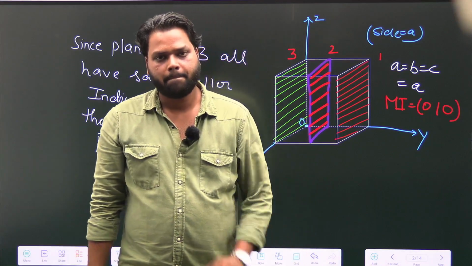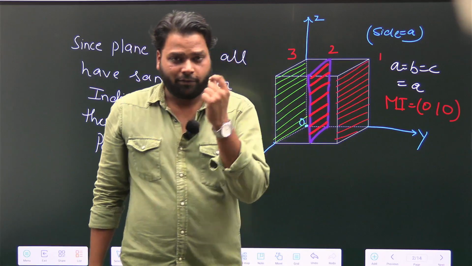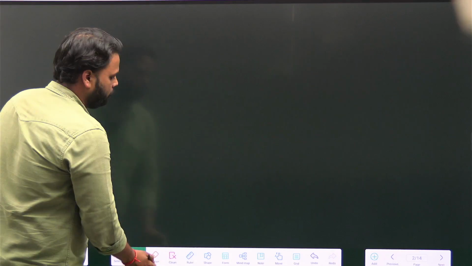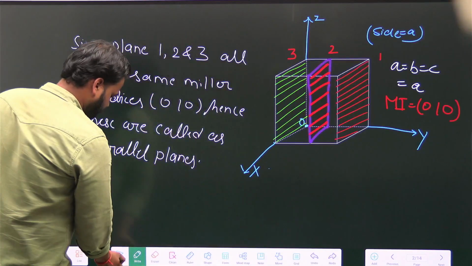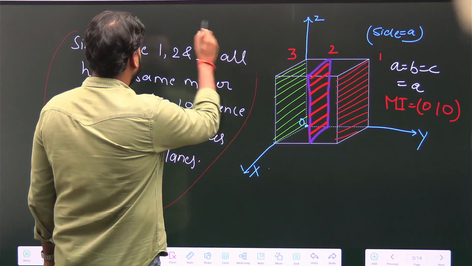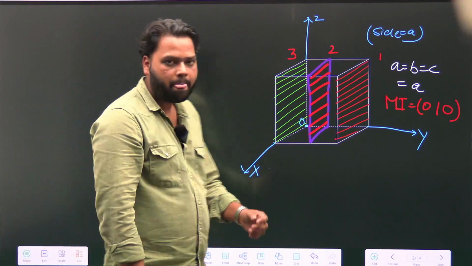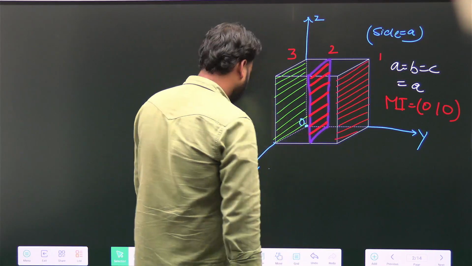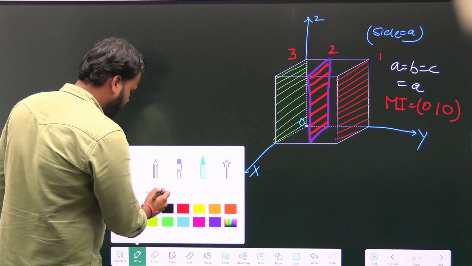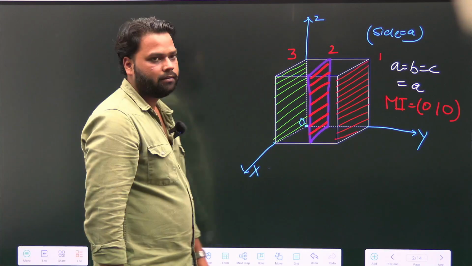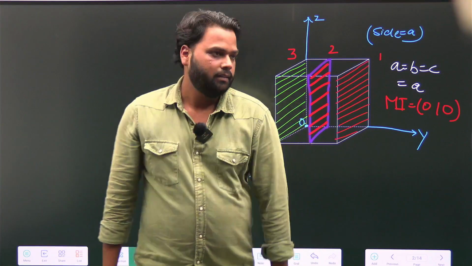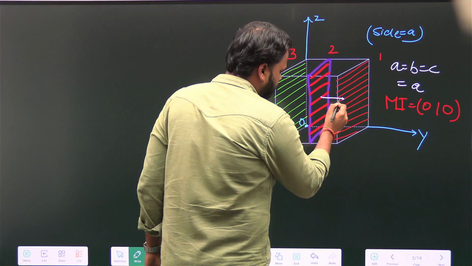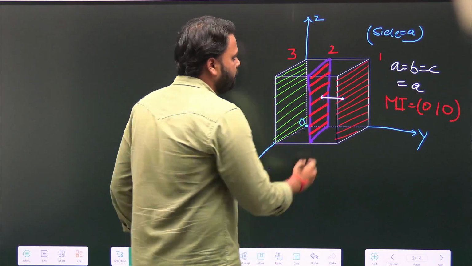Right, clear? Now from here one more concept generates. What? Okay, from here one more concept generates. See, tell me what will be the distance between these two planes. What will be the distance between these two planes? Wait. These two planes, the distance between these two planes will be represented by